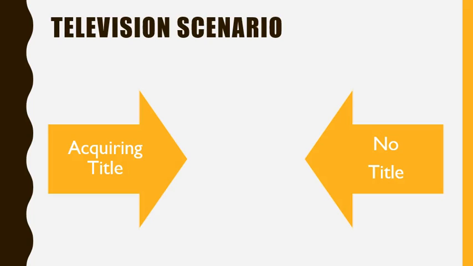The next question you have is a two-part question. In the first scenario, you're looking at acquiring title and how that title was acquired. A buyer acquires whatever title the seller has to sell the goods. So if I had good title, then you, the buyer, would acquire that good title when you're trying to buy the goods. If I had bad title, then you would acquire that bad title.